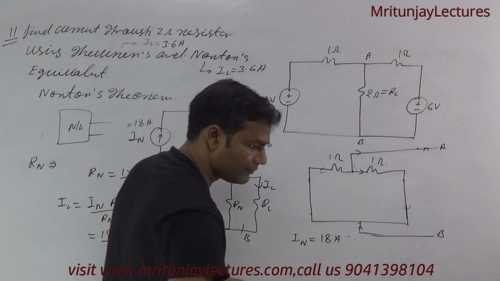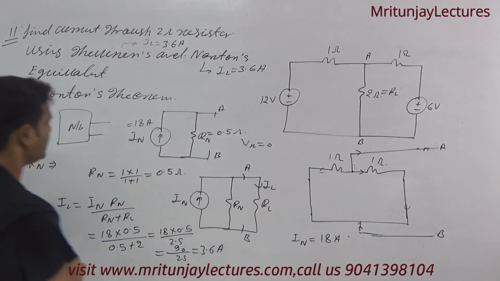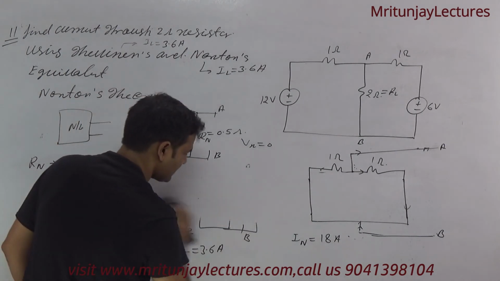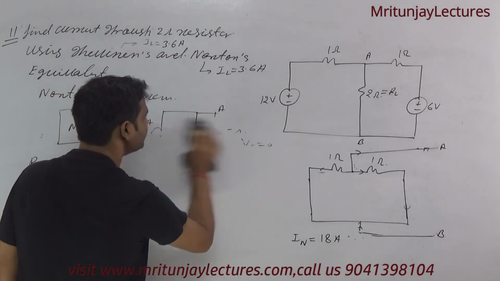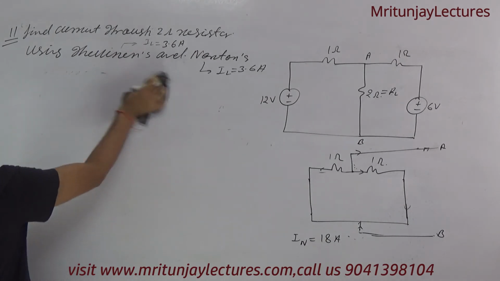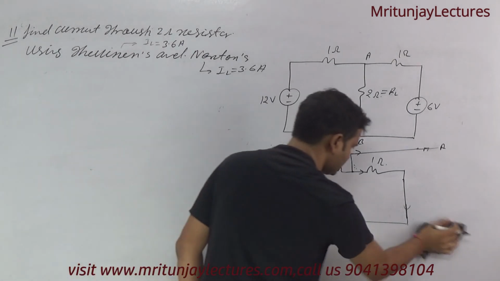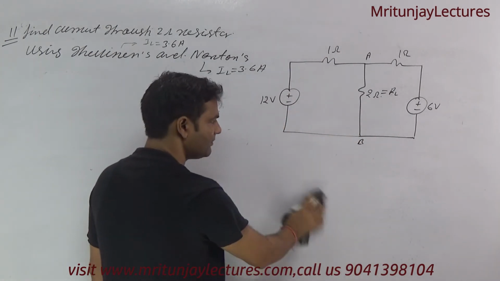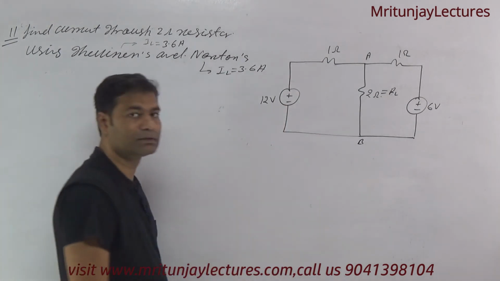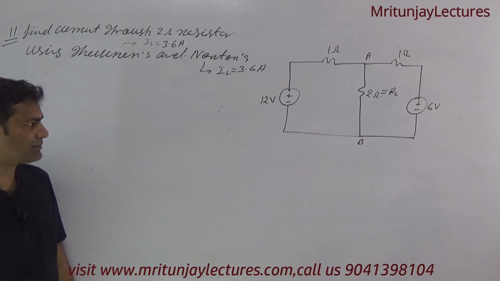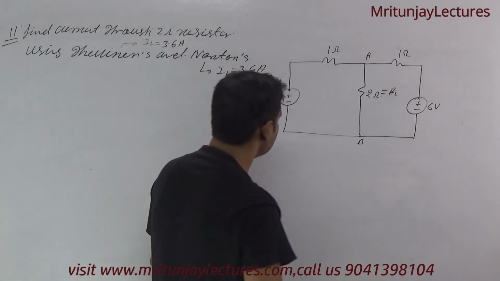You can follow another method also with the help of source transformation. Do this question with source transformation also, very easily. This is the conventional method. Actually, we did this question with the conventional method. Most of the students follow this method. But if you follow a shortcut, you make less mistakes. You want fewer mistakes, then follow a very simple way.